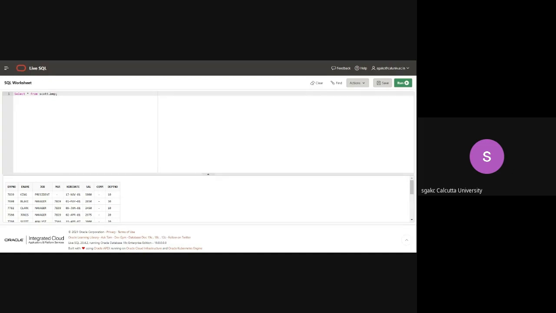Secondly, you will have to create an account in Oracle. These are the two things that are required. Now there is a schema or database called Scott. This is what we are going to use.